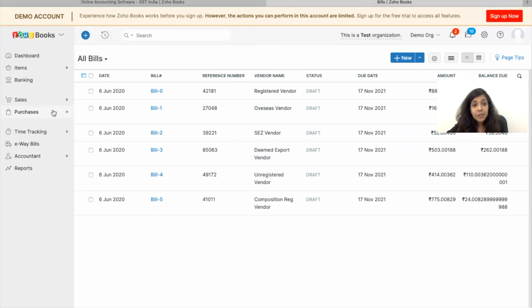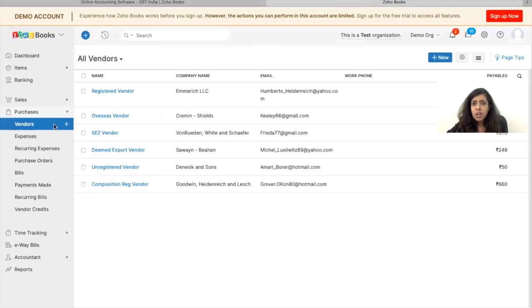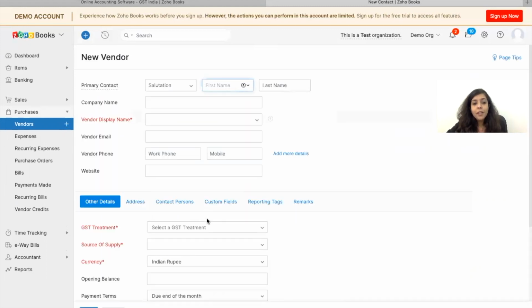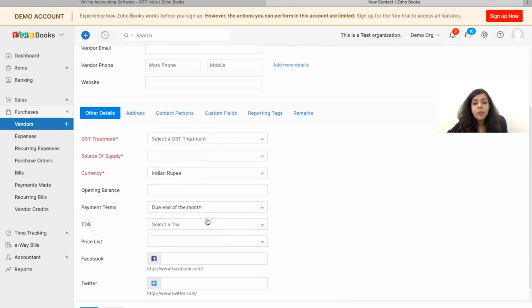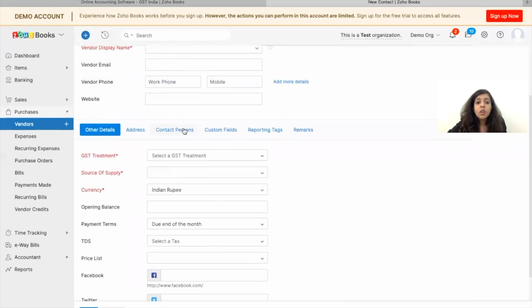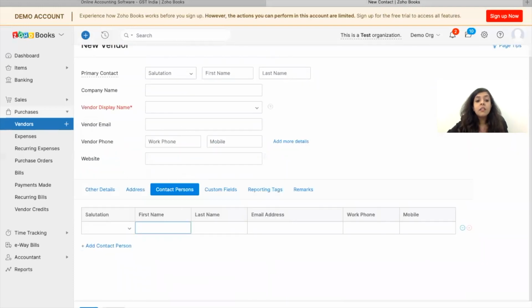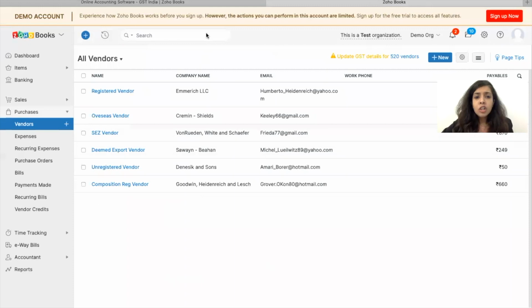The next step is creating a vendor. So like we created a customer, we need to create a supplier or a vendor. Again, the same things will come into consideration. Is the vendor a registered vendor? If yes, you need to mention the GST number. You need to mention the address, the name, the payment terms, the contact person, the email ID of the vendor. So you just need to fill in all the details of the vendor.